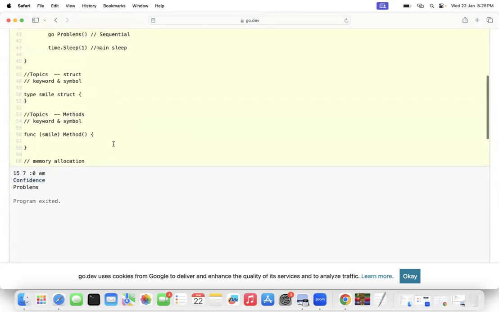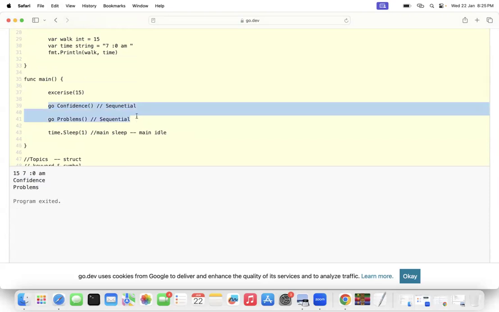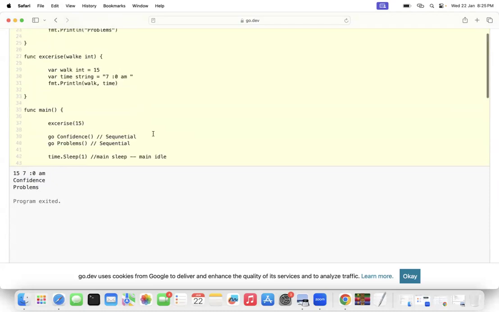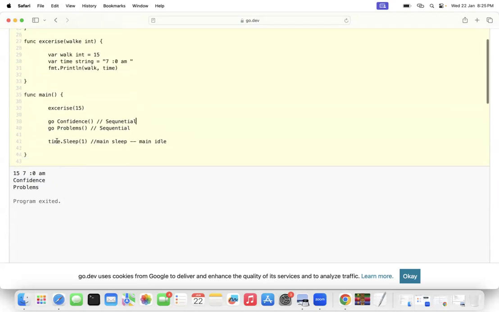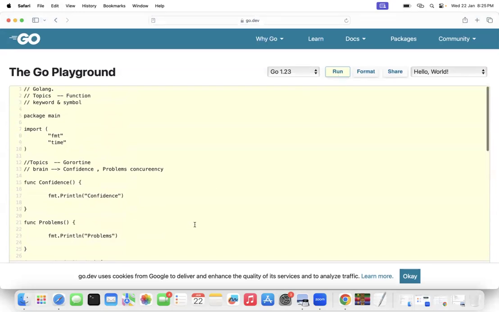So what is time.Sleep? You are telling this function to be idle now. Sleep means the main function is idle. When the main function is idle, the OS will go to these two goroutines. They are not executed yet, they are registered. So the OS will go and execute these two goroutines. Whenever it is in idle time, in that time it will run this routine. The scheduler will check: if I am idle and not executing, I'll check whether someone else is executing. That is how your goroutine works.